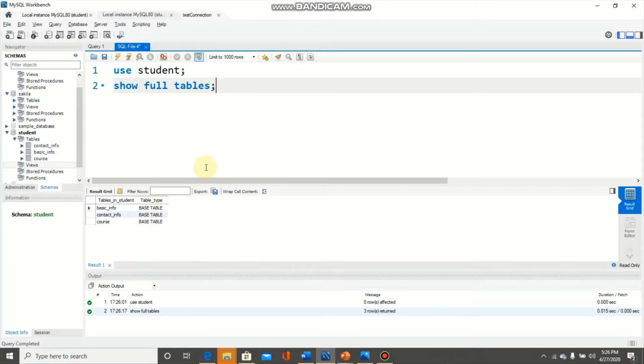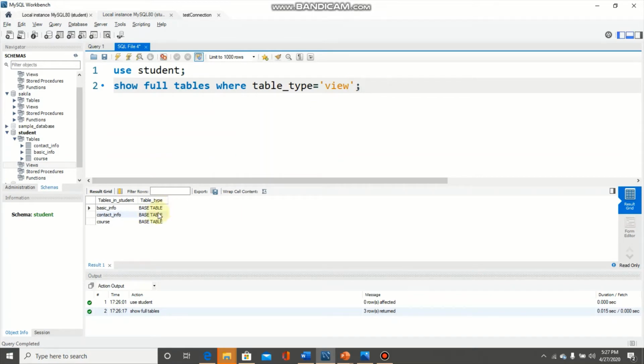Suppose there is a view, and we want to filter the result and get only the views. For that purpose we must type show full tables where table_type equals view. This result will give us the list of all views.